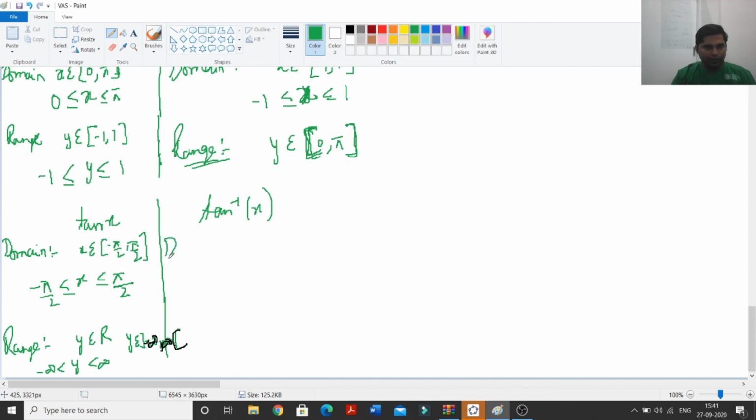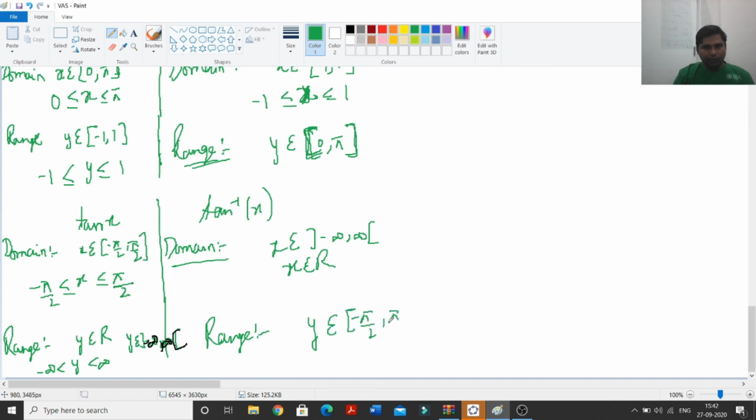Now for tan inverse x, the domain of tan inverse x is actually the range of tan x. So the range of tan x is minus infinity to infinity, so that's why x belongs to minus infinity to infinity, or you can say x belongs to R, all real numbers. The range of tan inverse x is the domain of tan x, which is minus pi over 2 to pi over 2. So y belongs to minus pi over 2 to pi over 2, or you can write tan inverse x goes from minus pi over 2